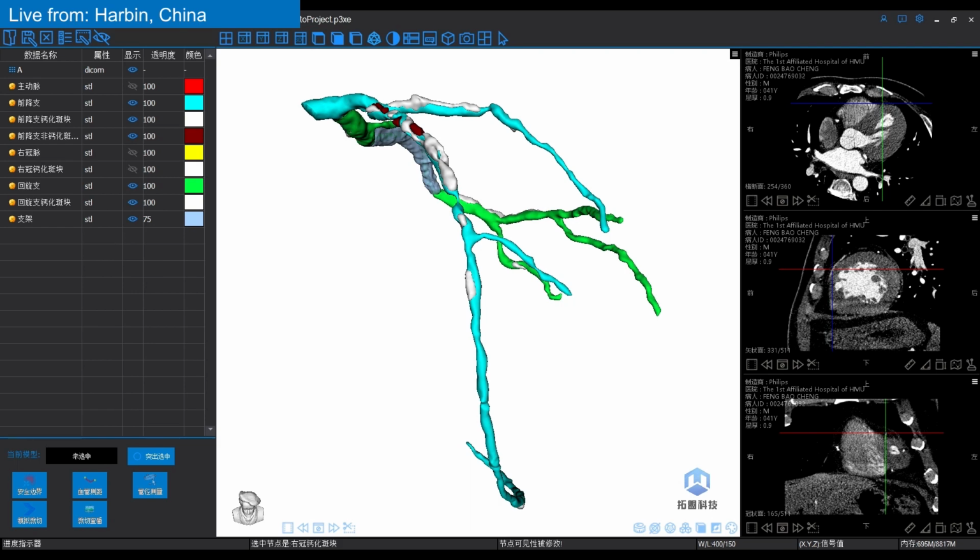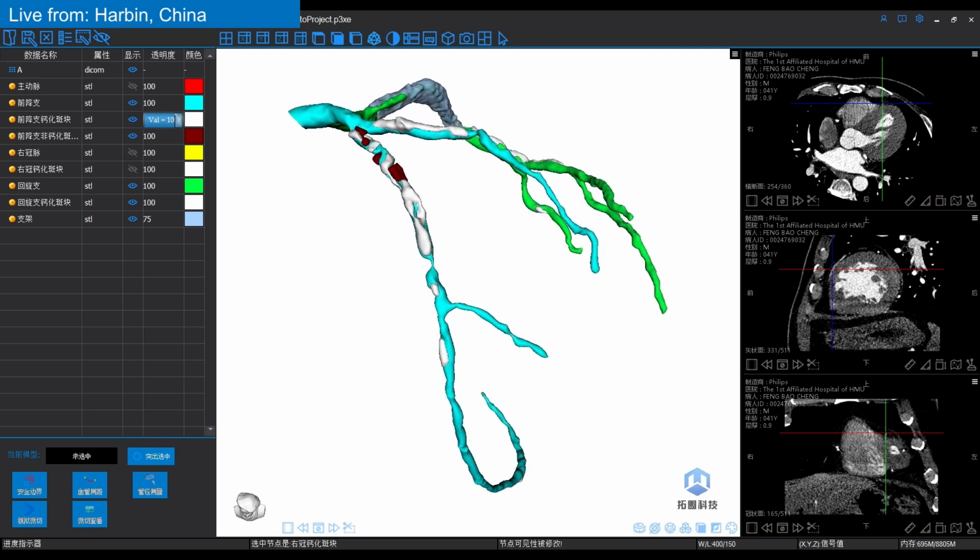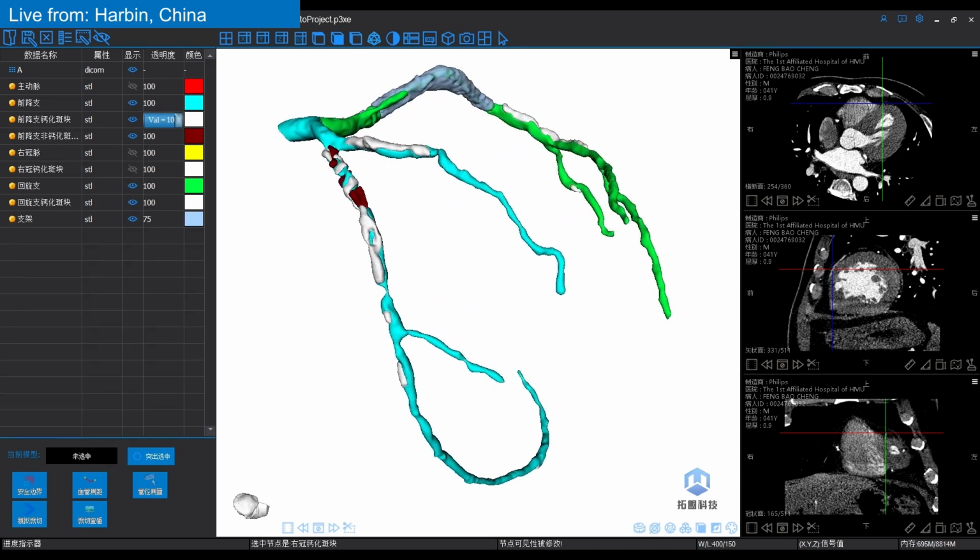Rotate a little bit to the RAO caudal view. That is the epicranial view we can see. The reconstruction showed it is patent, but in fact it is occluded. We can see a severe calcified lesion in the proximal LAD, and only a little bit of soft plaque. Most is calcified lesion. This is why the first time a very experienced CTO operator couldn't successfully recanalize